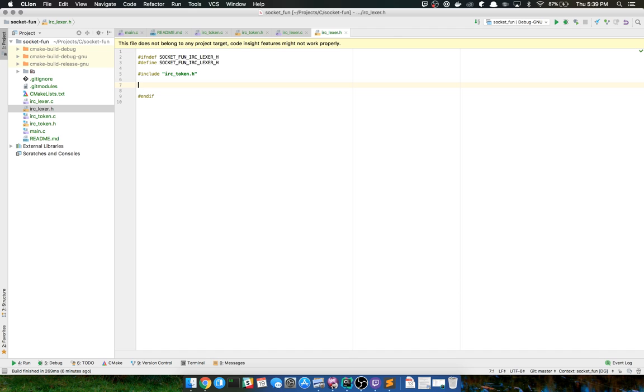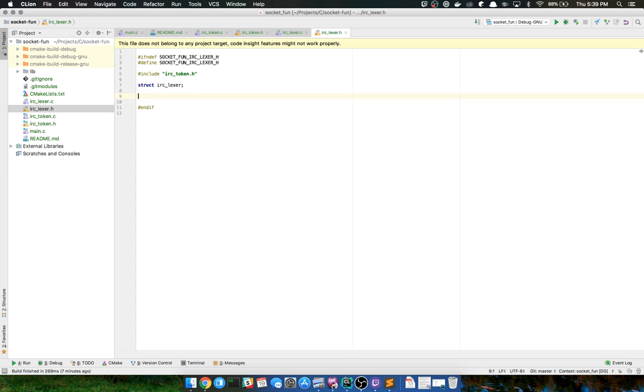So I'm going to take a similar approach as to what I did with the IRC token, and that is I'm going to have some encapsulation going on. So I'm just going to call this struct IRC lexer.